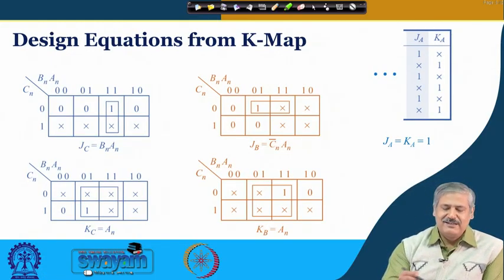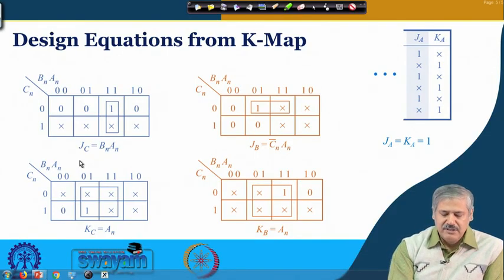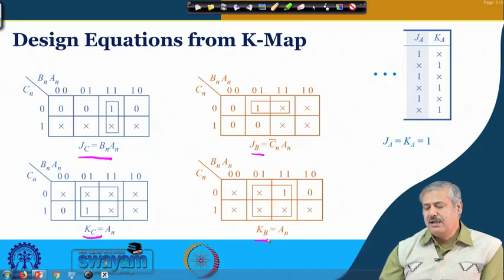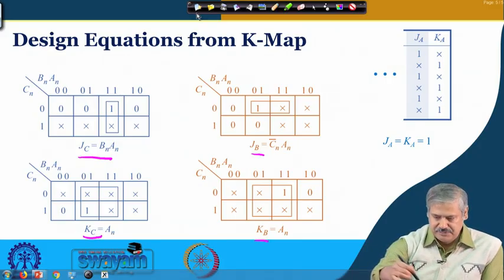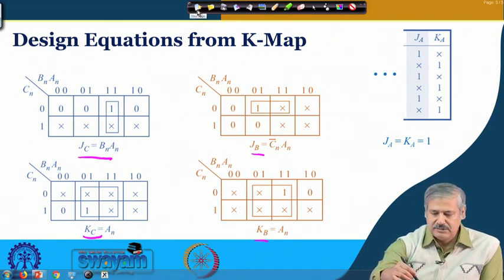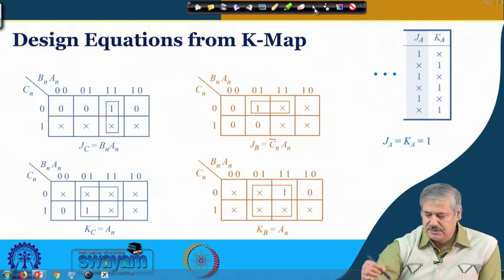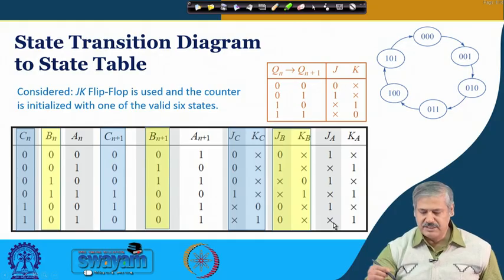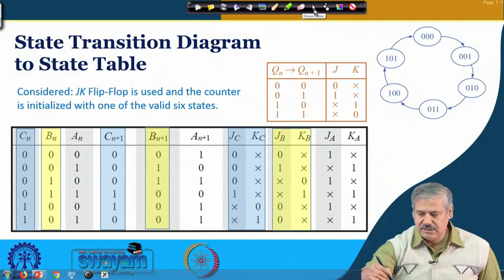So the next step is, from that state table, we write the corresponding equation for the individual inputs. Okay. So JC, KC, JB and KB, right, and we have already noted in the previous case that is J and K. If you look at the previous one, okay, so 1 cross 1, 1 cross 1 and so on. So that is the thing that has been reproduced here, and rest of the things are taken from here to the next